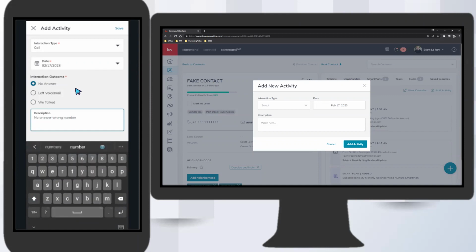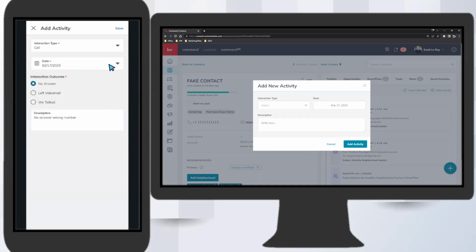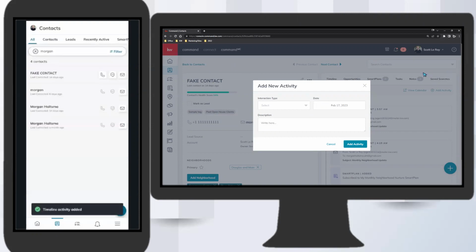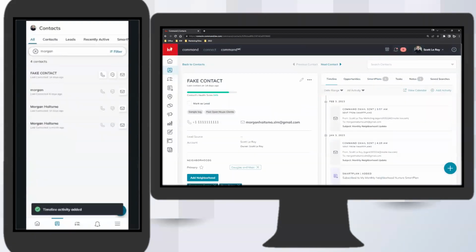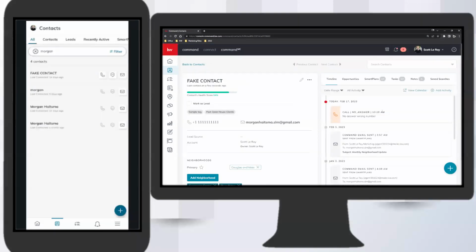I'll say no answer, wrong number right here. So as I have this entered in, I can go ahead and click save on the top right-hand corner here. I'm going to navigate back to my KW command platform. I'm going to hit refresh, and you should see that interaction type show up on that timeline. So again, straight from your mobile device, you can be entering in timeline information on your